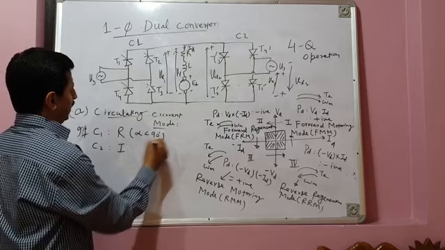In quadrant 1, the machine is operating in forward motoring mode. In quadrant 2, it is operating in forward regeneration mode. It is slowed down and braked. And once it comes to standstill, it is immediately taken to quadrant 3, where the direction of its rotation changes and it runs in reverse motoring mode.